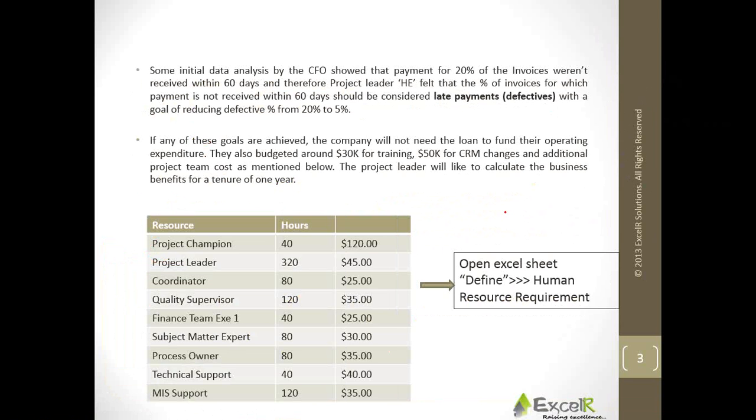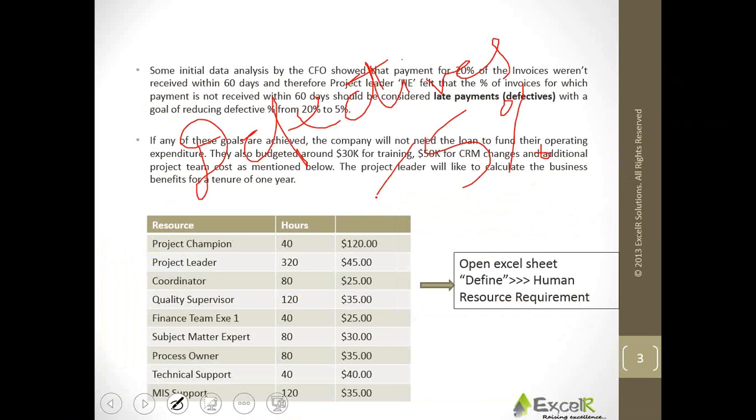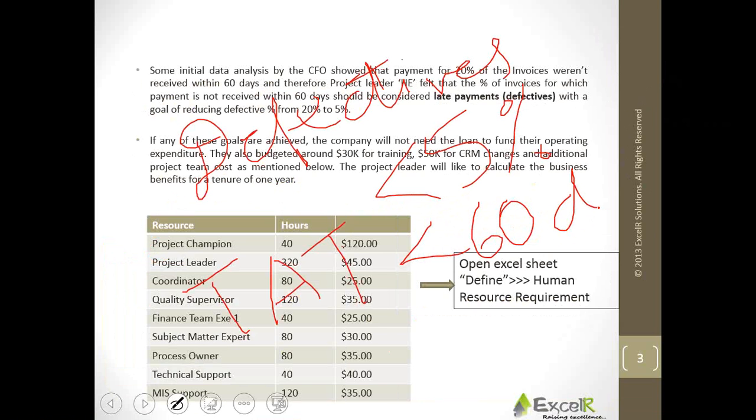He was saying that the percentage of defectives should be less than 5%. That is my first goal. Second goal, by looking at that statement, we know that turnaround time should be less than 60 days. This is the second CTQ, this is the first CTQ. Are these two CTQs clear with you, Anuj? Just chat with me.